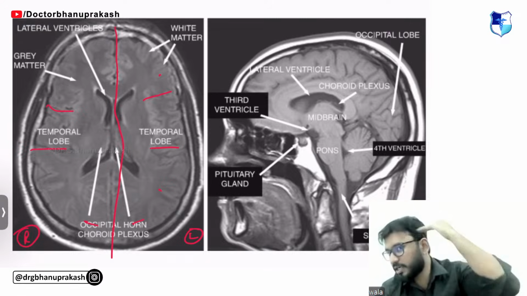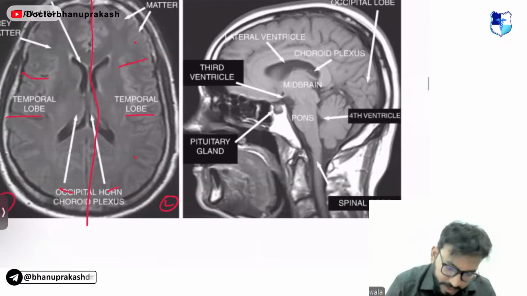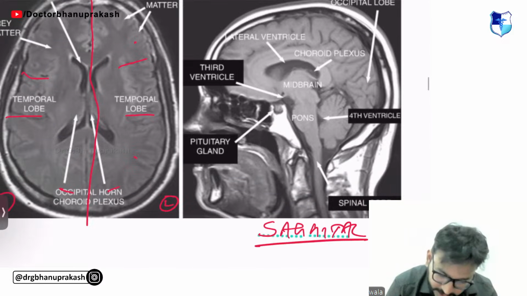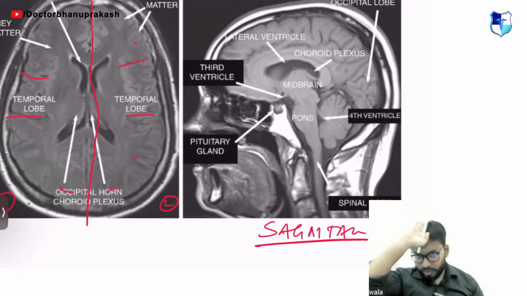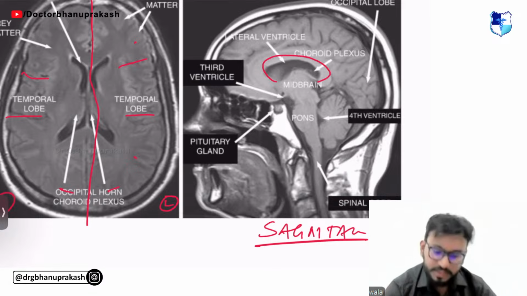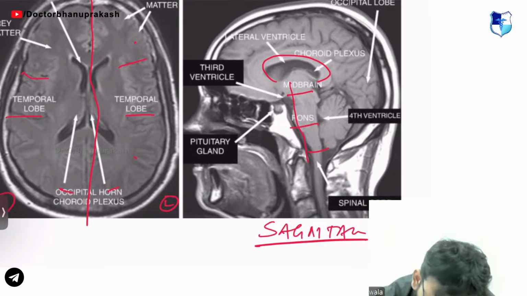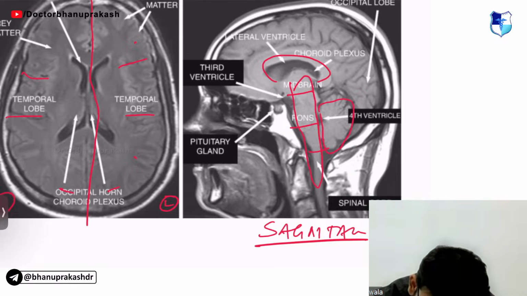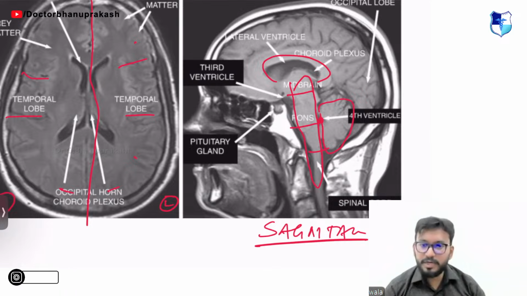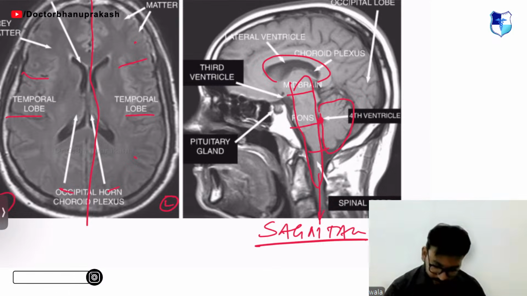Come on, what view? I told you it's the transverse or the axial view. What view is this, guys? Come on, tell me, what view is this? This is the midsagittal or the sagittal view. Okay, from the sagittal suture we've taken and looking at it from the side. Look at this giant structure. What is this? This is the corpus callosum, midbrain, pons, medulla. This is the brain stem. Can you see the brain stem, the cerebellum, the fourth ventricle in between? All of these are very basic structures that you need to know and identify, and the medulla continues downwards as the spinal cord.